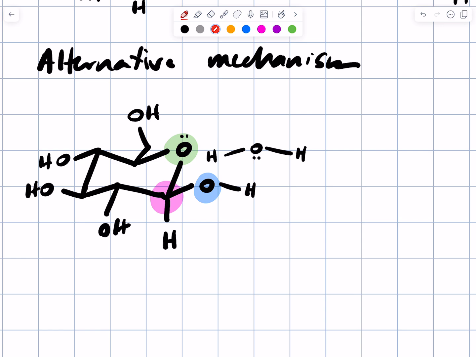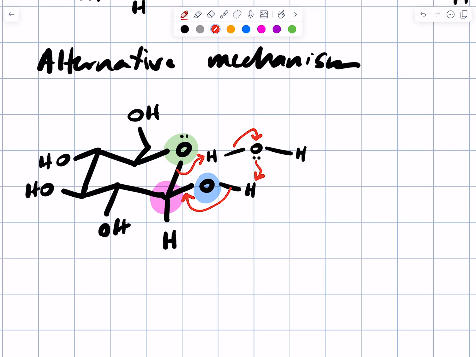What will happen is lone pairs on this water-oxygen will remove this proton. At the same time, these electrons will kick down to kick off the leaving group. I'm going to put that arrow on the other side like that to make the carbon-oxygen pi bond. And as the leaving group is leaving, it picks up a proton right away, so it never has to be negatively charged. So this sort of cyclic proton transfer type of mechanism is probably what actually happens when the molecule's